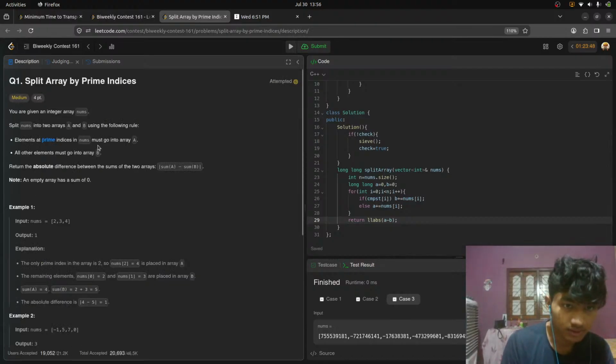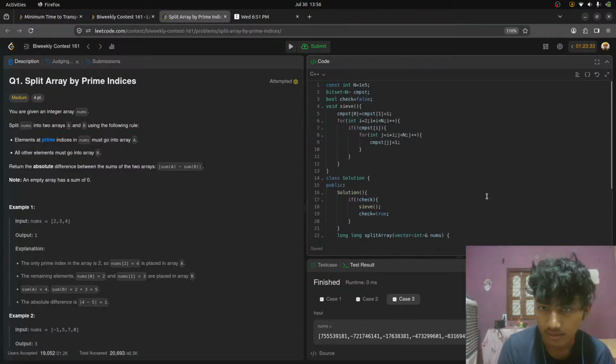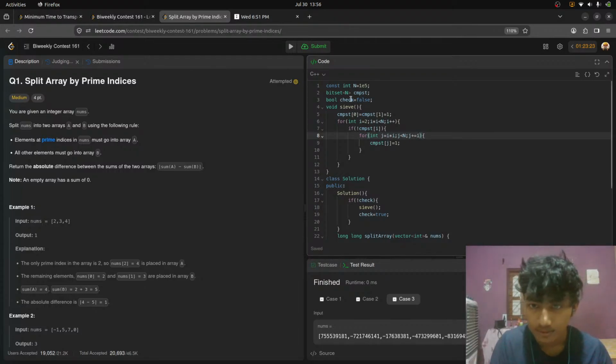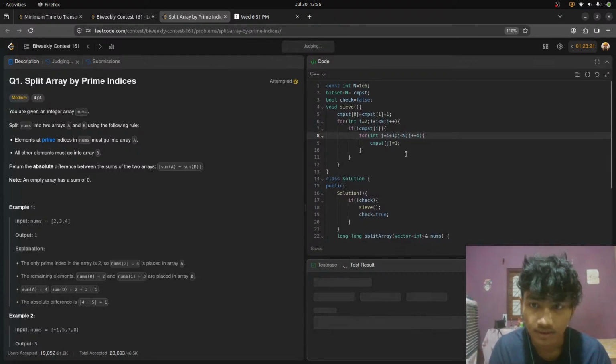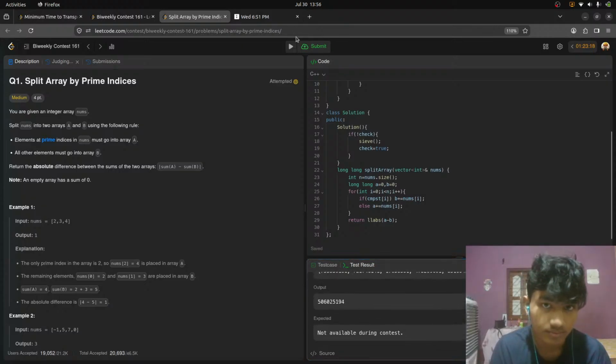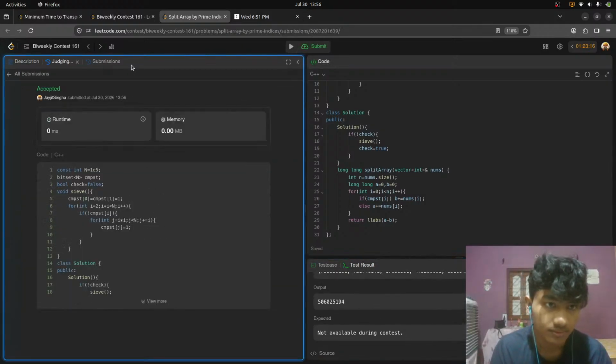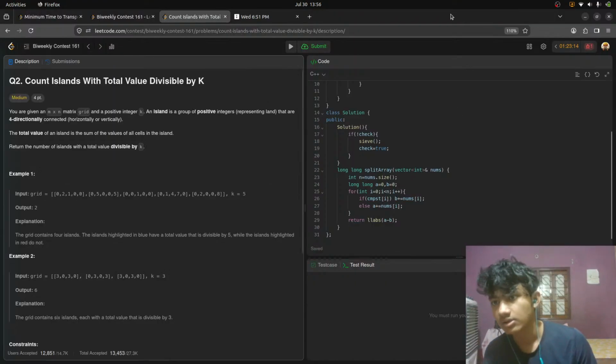What do I really need to find out? This is absolutely different between the sum of two arrays. Elements are prime indices in nums. I will go to other elements. So yeah, I literally did that, isn't it? Oh, okay, this is the reason. The C function I wrote was wrong. Man, I already got a